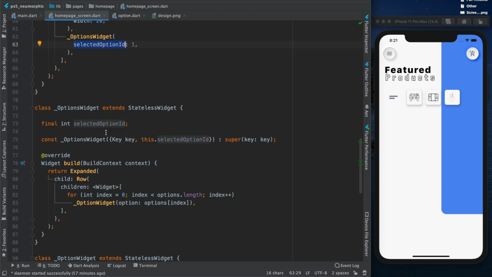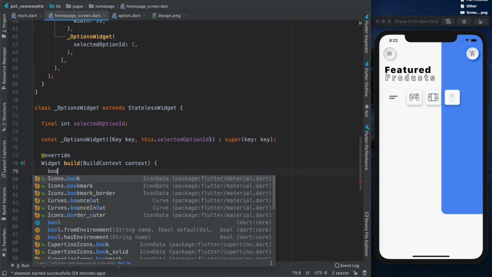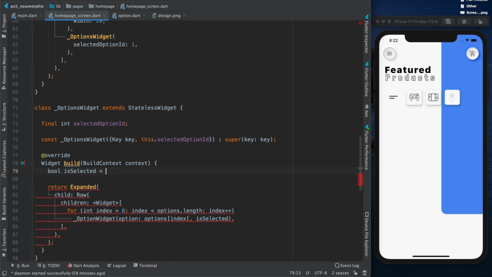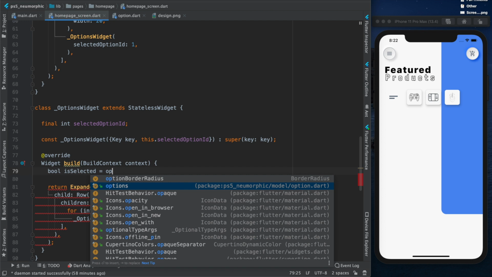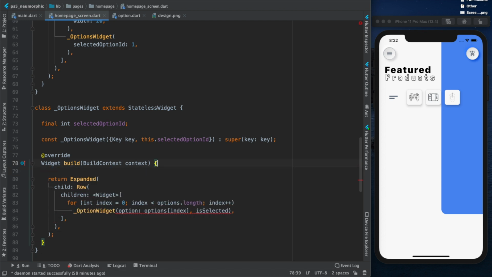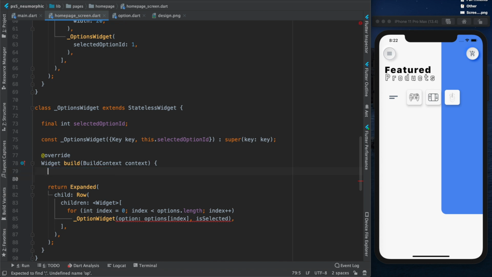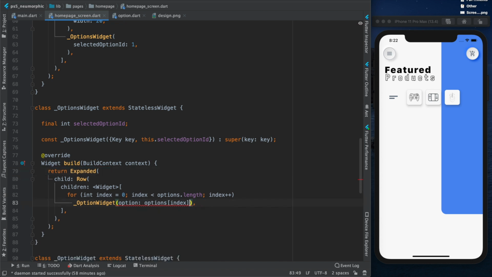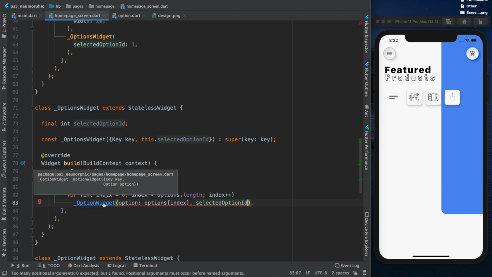So this is selection option ID. Same thing. Now we have to tell the option widget whether this is selected or not selected. So we will pass is selected. How will you calculate that this is selected, what is the value of that? So you will take a field is selected equals to option, not like that, probably that will be wrong to do here. So what we will do is just pass selected option ID directly here, and we will go,